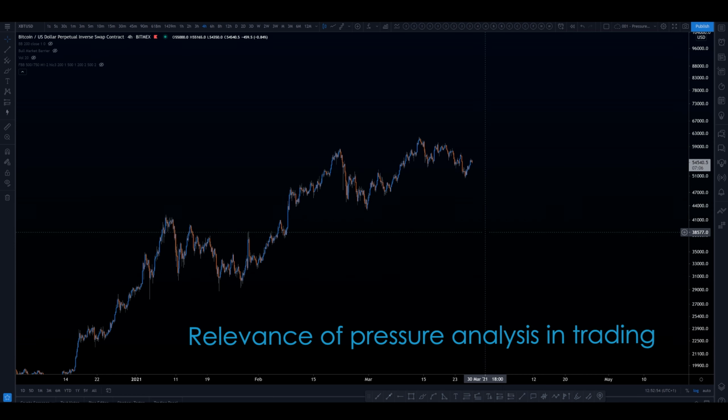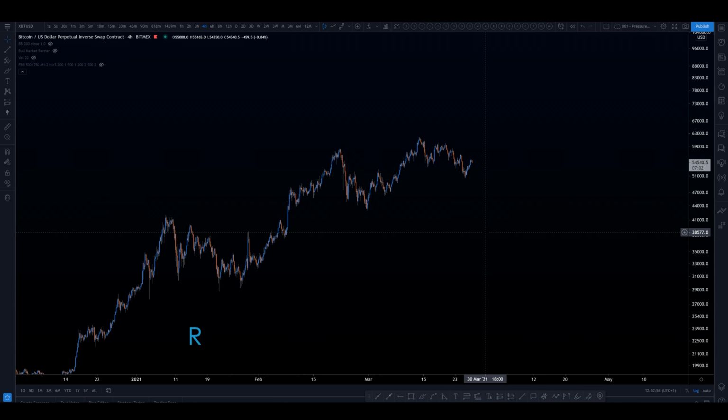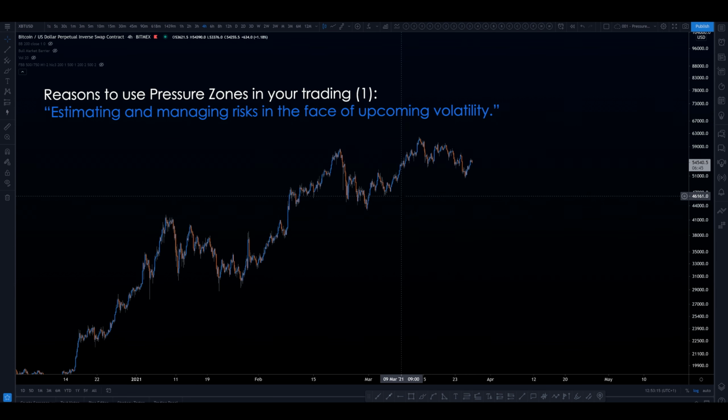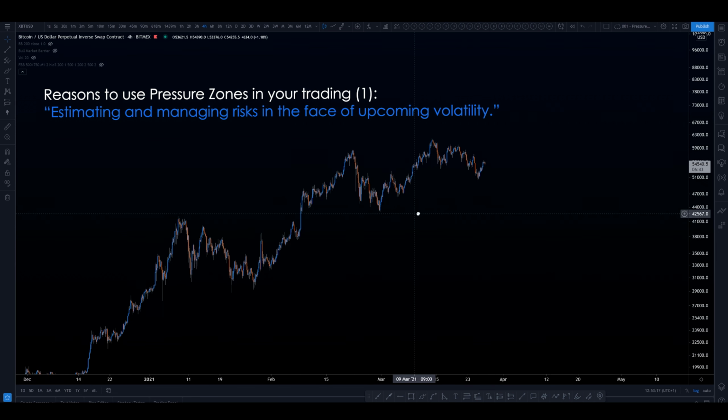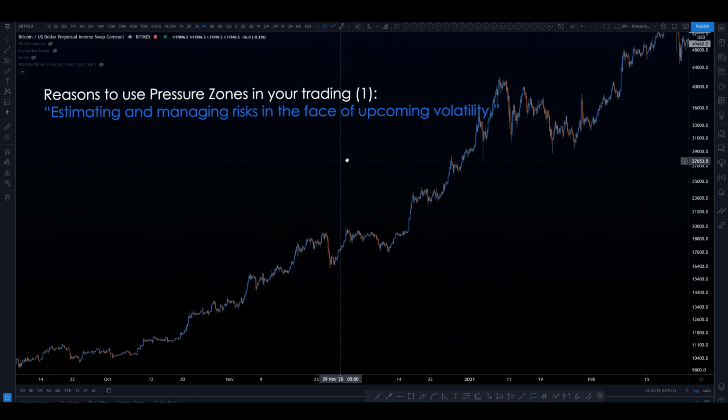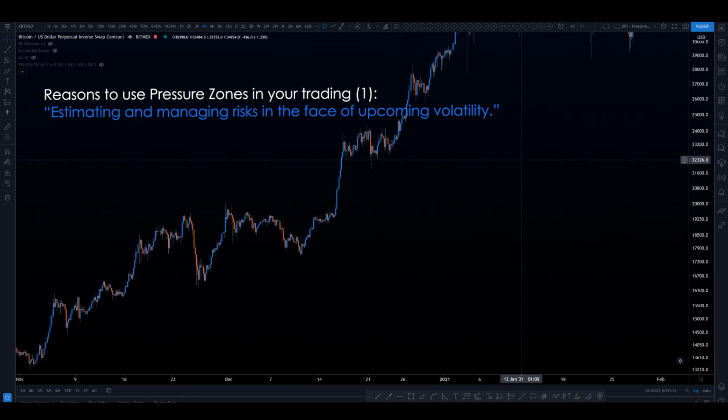Yeah, why are pressure zones relevant in the context of trading? I have 3 reasons why I think pressure zones should be considered as an instrument or tool to use in trading. The first one is you can manage your risk in the face of upcoming volatility. This means if you know there's a pressure zone here,